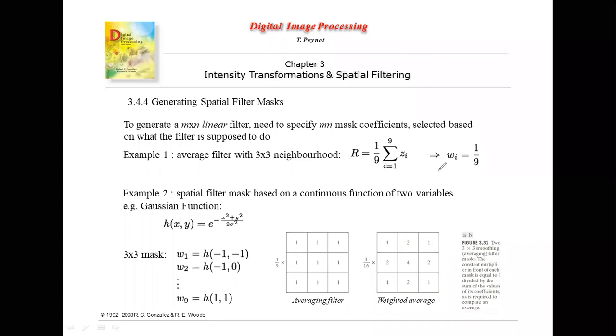On one side we have the averaging mask, with all the intensities common, and on the other side you have something like this. Gaussian is an example where it comes with an expression, and you can see there is a 4, then these values. There are so many different values in the mask. It is symmetric, by the way, but it is not like an average filter. In the coming classes we will discuss the advantage of a normal averaging filter and the advantage of Gaussian. Other than Gaussian, what is the other type? Butterworth, right? We had the Butterworth filter prototype also.